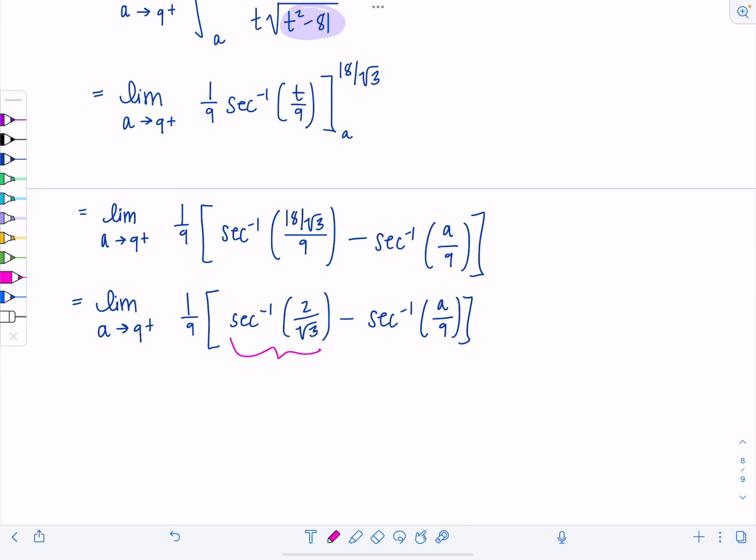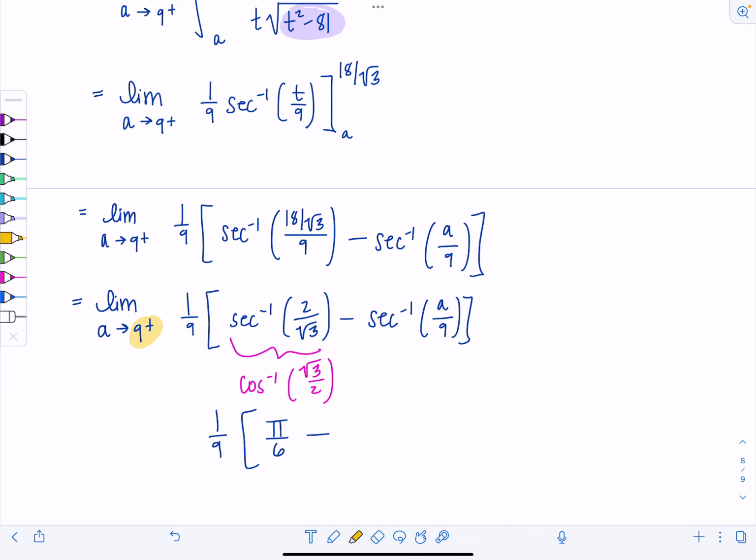Secant inverse of 2 over rad 3 is the same as finding cosine inverse of rad 3 over 2. So when is cosine equal to rad 3 over 2? Do you know? Yes, very good, at pi over 6. Okay, and we've got that 1/9 in the front, minus